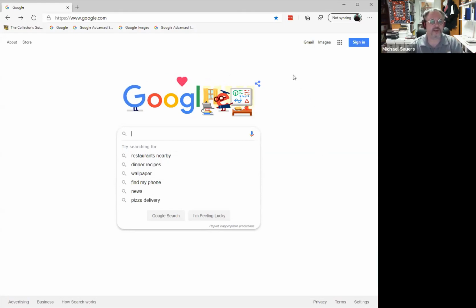I am using the Edge browser right now, which is not my typical browser. I typically use Chrome. But what I wanted to do was have a completely clean interface, no search history, no personalizations going on. So these are just some default search options that are showing up for me.